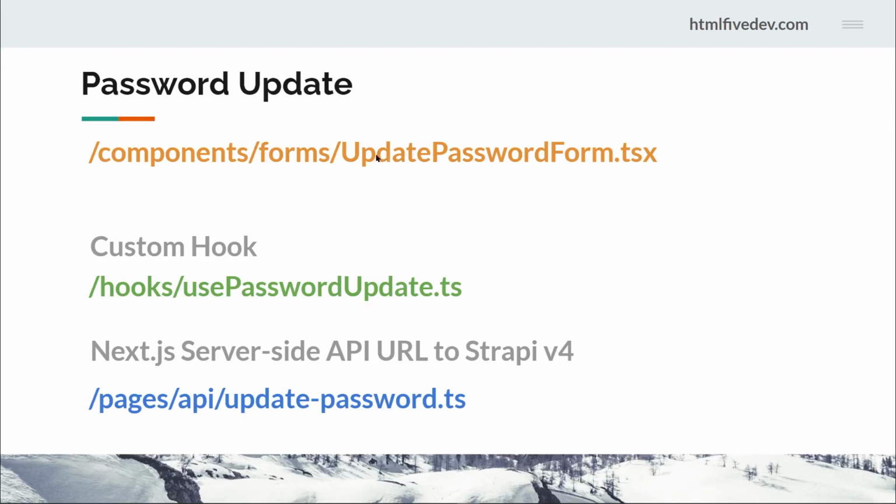So I'll try my best to explain properly when we go back to code. But for now, just know that this only holds the form, and the form submission logic and error messaging and everything comes from here. And on submission of the form, this guy actually talks to this Next.js server-side API URL, the pages /API update password, and this guy then gets the JWT token from the server side request object,